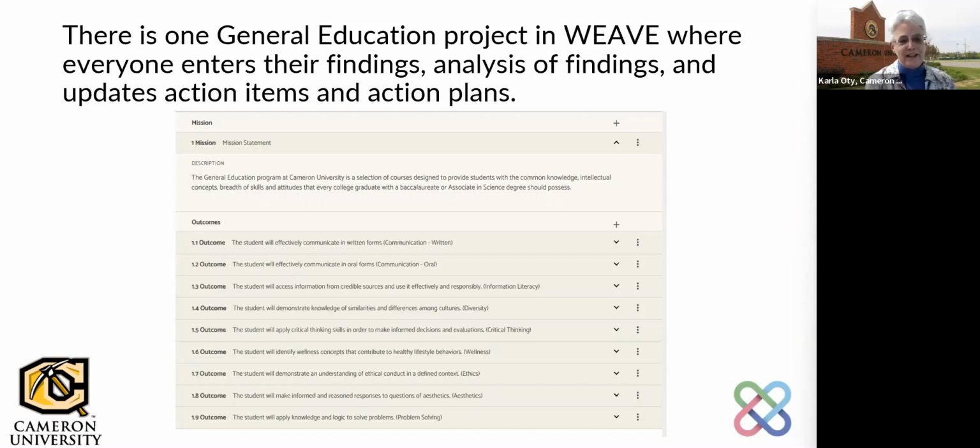And then under each outcome are the different measures. So for example, under problem solving, I don't have a picture of it, but in problem solving, you have the measure from physical sciences, you have the measure from econ, you have the measure from math, and then we do have some indirect measures that we use as well. And we actually make them compile all the data in the findings. So you know your findings, if you're familiar with Weave, your findings is a small statement that just says, this many students out of this many students did what they were supposed to do. And we actually make them do that as a group. So all the math have to get together and do that, all the econ. And then the analysis of the findings is where they discuss about the courses.